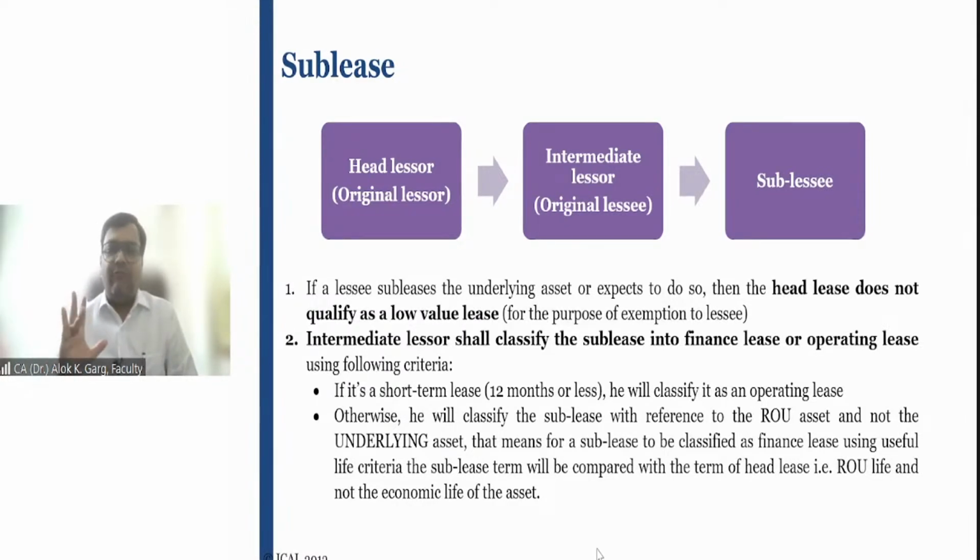So first of all, low value leases. The same lease can be low value for one company, but it may not be low value for another company, right? So it could not be given in the scope part. That is number one. Number two,